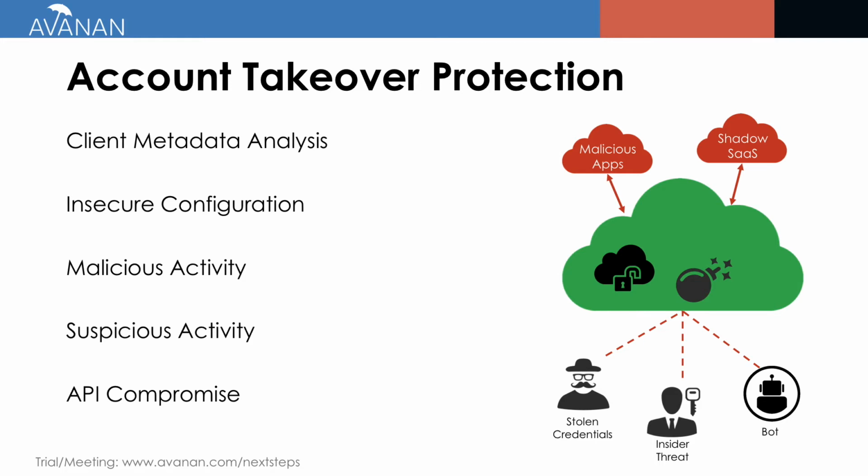Now, there are different types of user activity. There are those that are known malicious, but then there's also that category of things that are suspicious. And this is where our advanced analysis, machine learning analysis, behavior analysis based upon historical profiles, roles, and so on, give us information to identify suspicious activity, which would indicate a breach. And then finally, API analysis, looking at those malicious apps, looking at shadow SaaS or other API compromises that are invisible to the user, typically invisible to an admin, can also represent a breach.